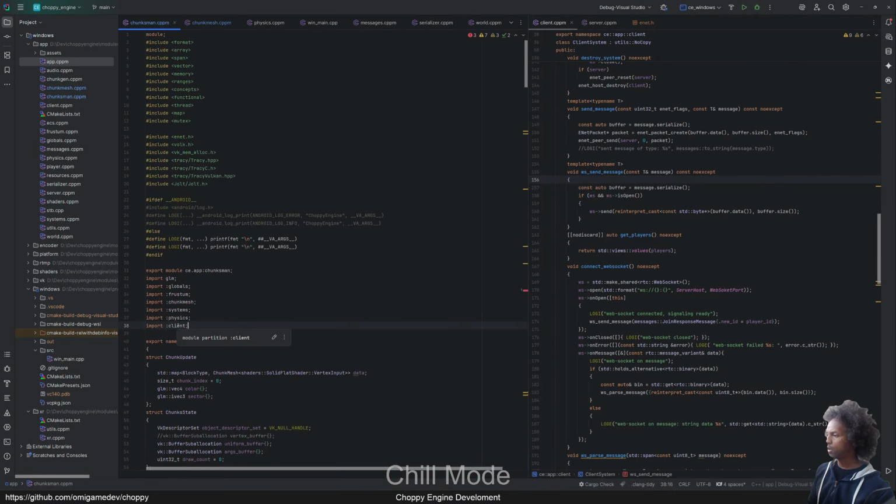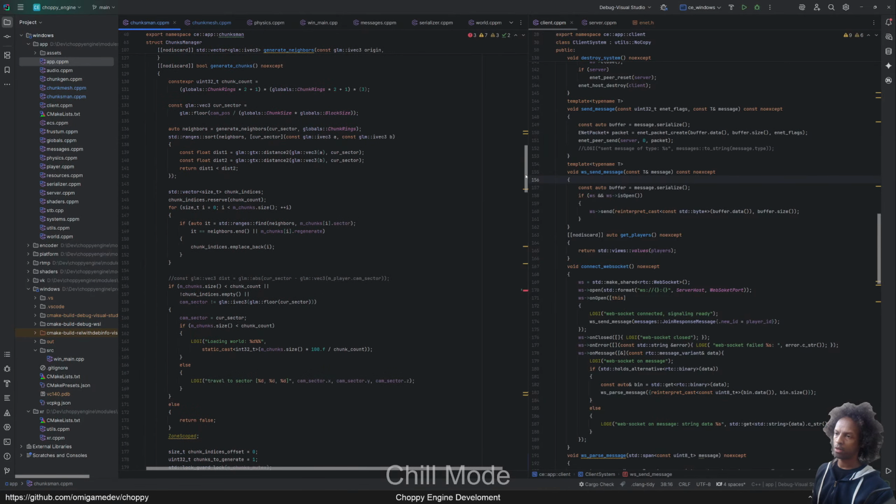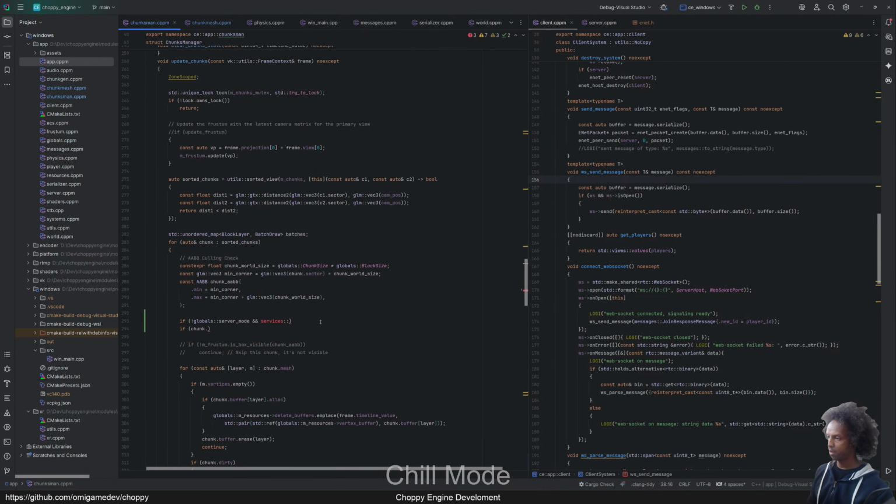Oh, it should have a client. It doesn't have resources. Oh, systems, not services. Oh, that's why. Not services. Systems. Client. Oh. Connected. So if it's not server mode,